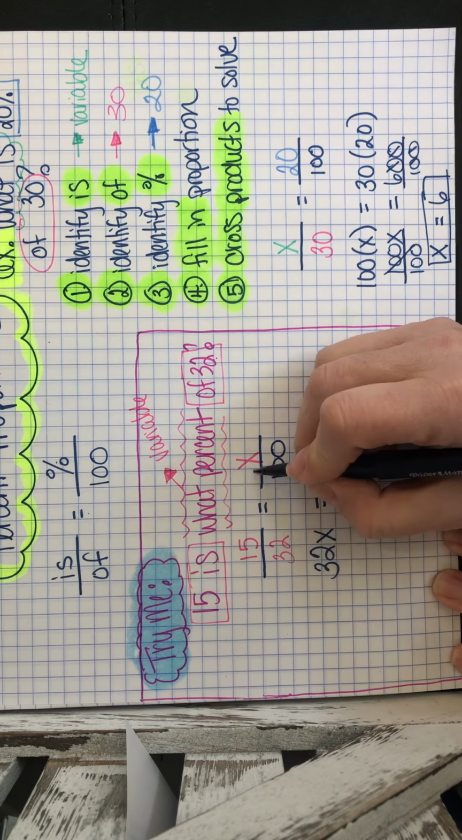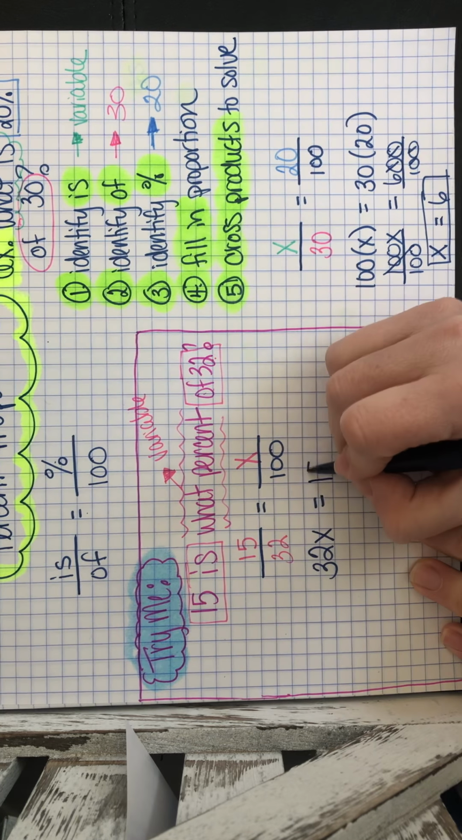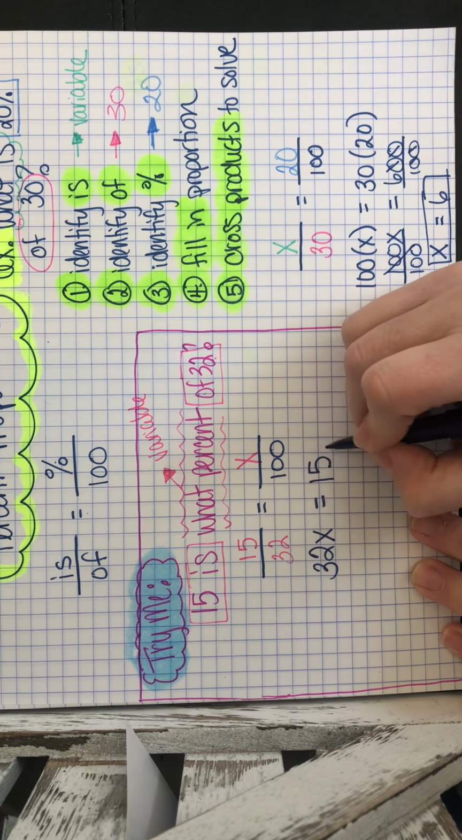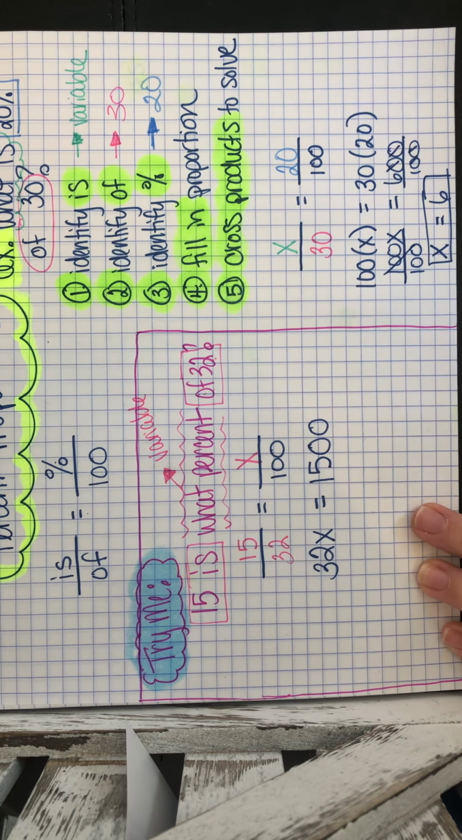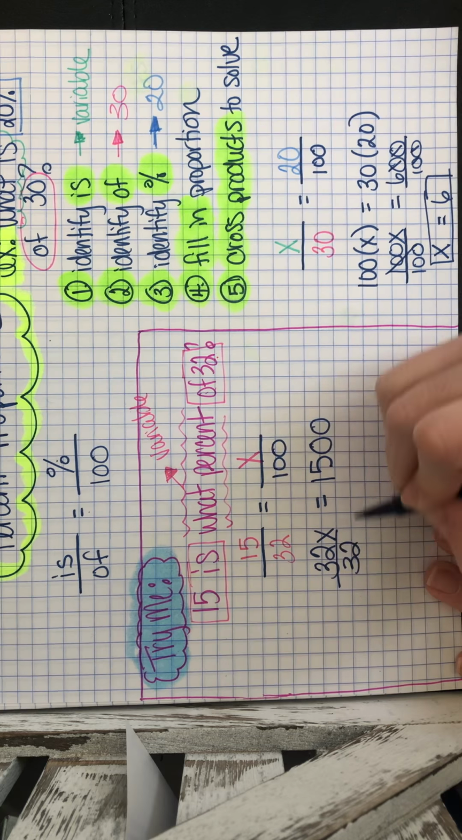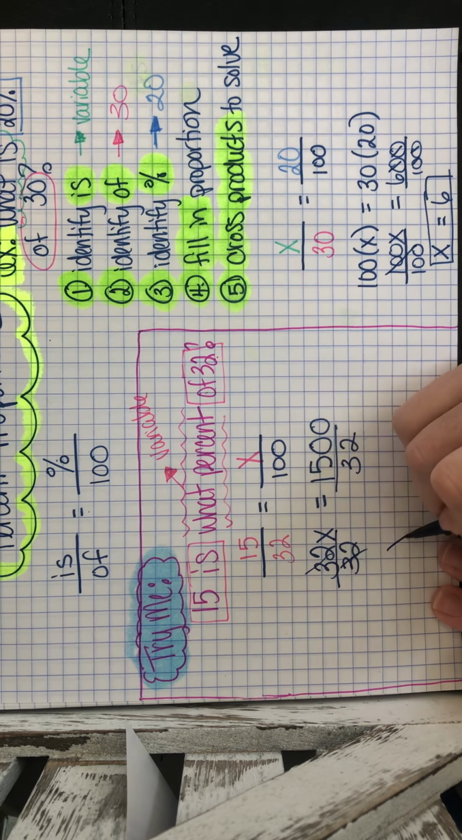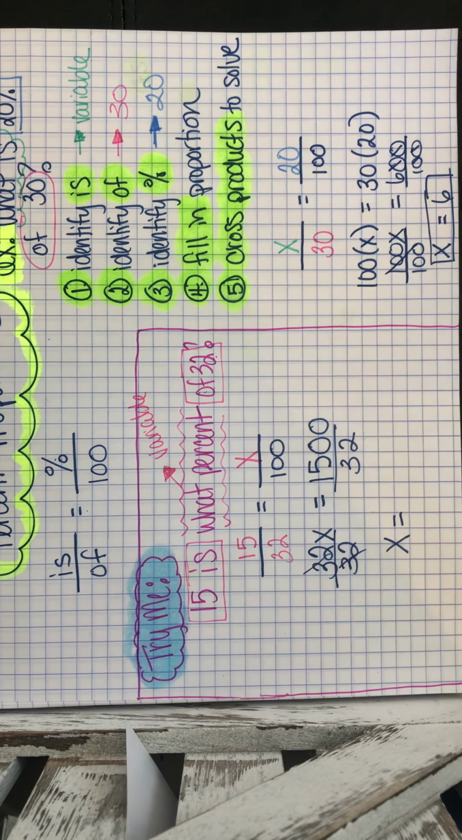That cross product has to equal this cross product. So 15 times 1 is 15. Add 2 zeros to that answer. Now we have a one-step equation. We want to isolate the variable, so we divide both sides by 32. So we get 1x, or x equals